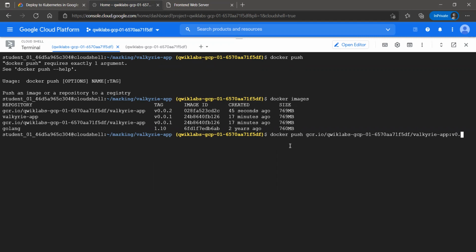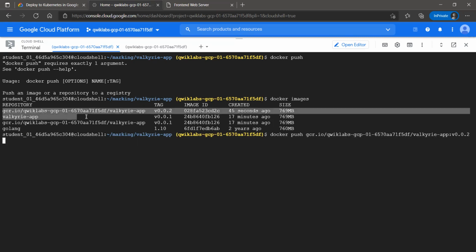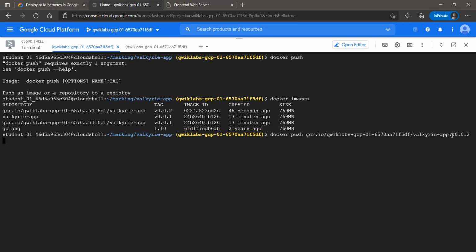Specify the tag. See, this is the importance of specifying the tag, because if we only paste this, the shell doesn't know which image to push, either this one with a version of 0.0.2 or this one with a version of 0.0.12. So it's really important to specify the tag along with the image you are pushing so that there is no confusion and the right image is pushed into the repository.